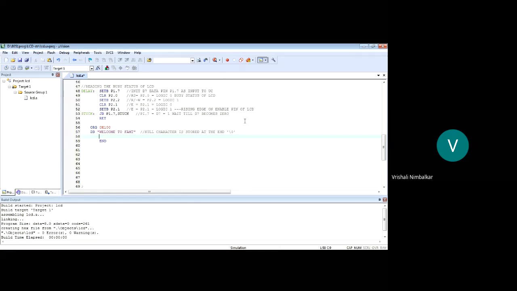Then I can make use of this. Where should we stop displaying? When should the display stop? Whenever a null character is received, it means it is the end of the string. Stop the display. Are you getting me?